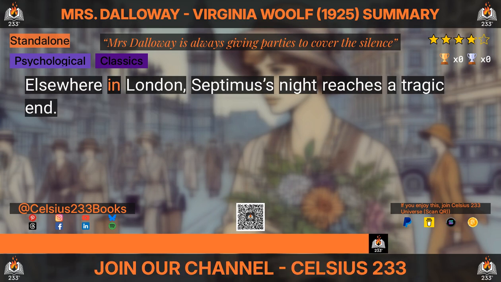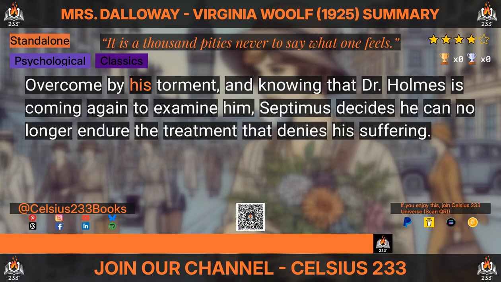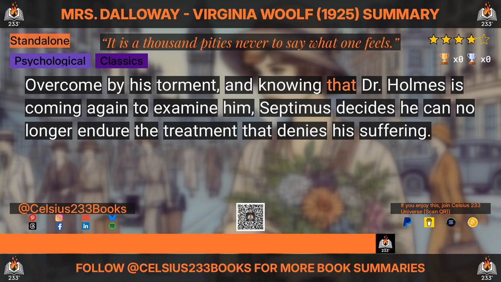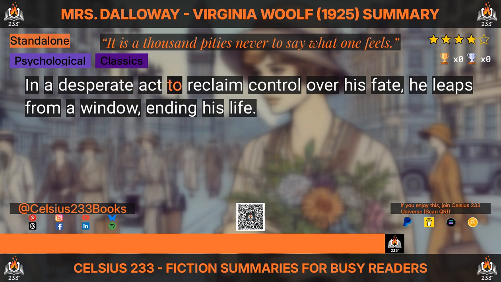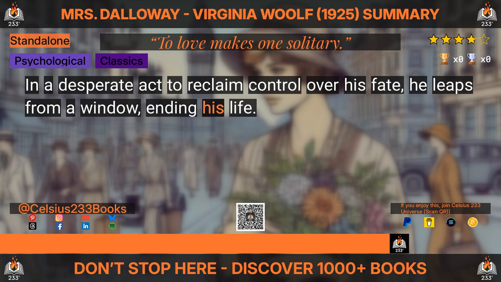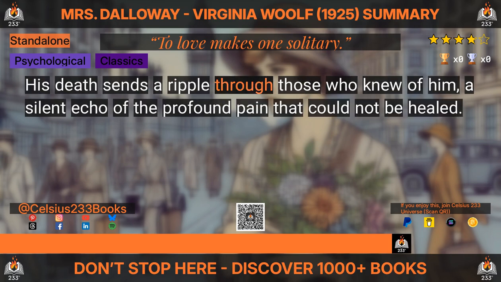Elsewhere in London, Septimus's night reaches a tragic end. Overcome by his torment and knowing that Dr. Holmes is coming again to examine him, Septimus decides he can no longer endure the treatment that denies his suffering. In a desperate act to reclaim control over his fate, he leaps from a window, ending his life. His death sends a ripple through those who knew of him, a silent echo of the profound pain that could